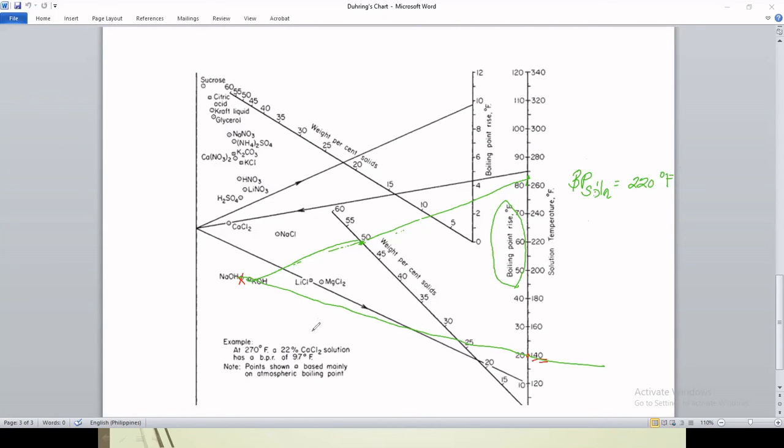What is good about what is available in your handbook is you have a lot of solids here. It's not only limited to sodium hydroxide. You also have an example here of what you're going to do if you have a solution containing calcium chloride with 22% solids. That's the same thing that you will follow if you will be using this Duhring chart in your handbook. So that's how you use the Duhring chart in your handbook. That's the reason why you should have your handbook, because it's the one that you're going to use. It's not limited only to the NaOH water system. There are many solids.